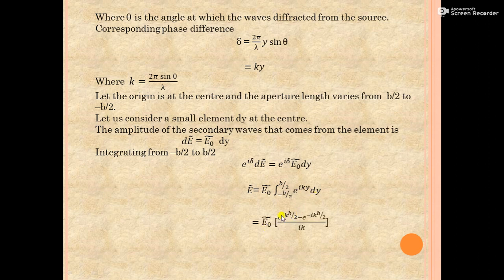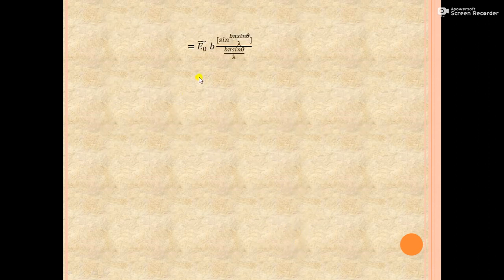and integrating it gives E naught times e to the power i k b by 2 minus e to the power minus i k b by 2, divided by i k, and from these terms we have 2 i sine of k b by 2 divided by i k. This gives E naught b sine of b pi sine theta by lambda divided by b pi sine theta by lambda, putting the value of k in the equation. So we can write E naught b sine beta by beta, where beta is equal to b pi sine theta by lambda,